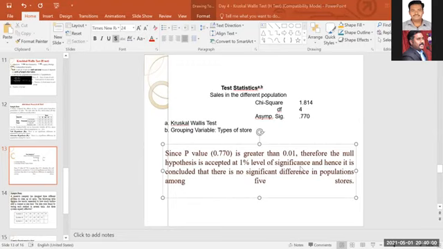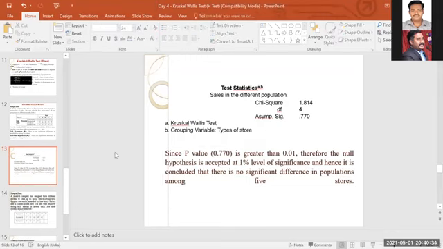Otherwise, they will give comments, right? Your study doesn't give any scope. Your study doesn't match for this kind of people. How you are interpreting, how your justification, all those questions they will ask. So it depends upon our research. After this also you can interpret, as I already told you, that there is an equal percentage of sales in all the 5 stores depending upon the promotional type, depending upon the free sample. Like that also you can justify. So this is the way to do the Kruskal-Wallis test.